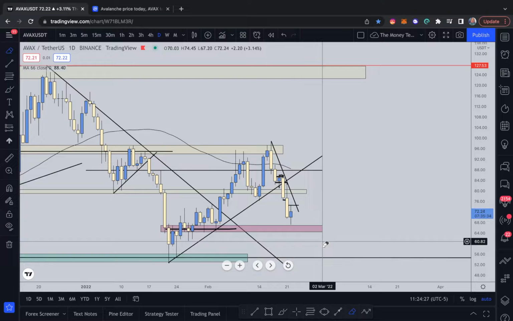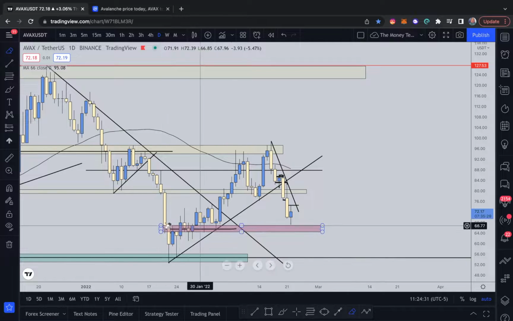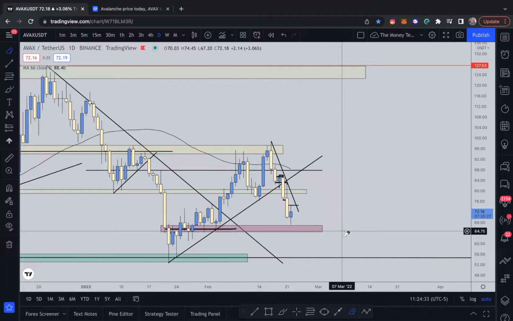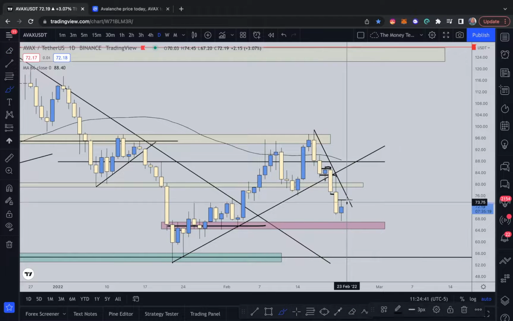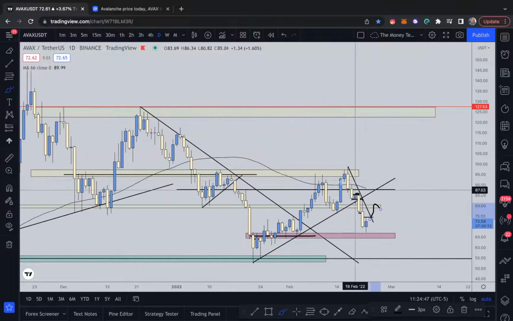Now, stuff that can cause that not to occur is the fact that we are at some sort of support right here, or some sort of level, right? And if a bullish candle were to close, it would be a good sign that price could probably come up higher and probably print another bullish candle. But we are in a downtrend, and